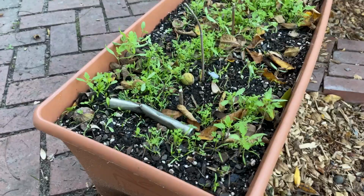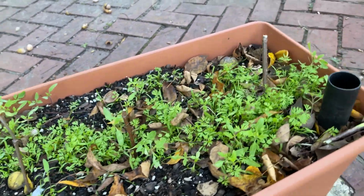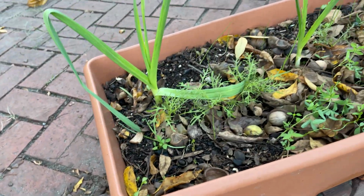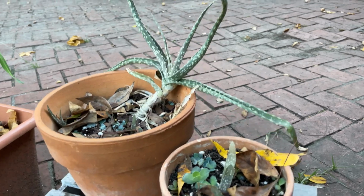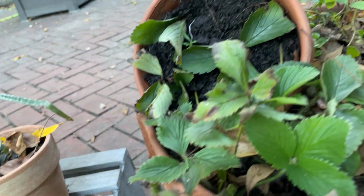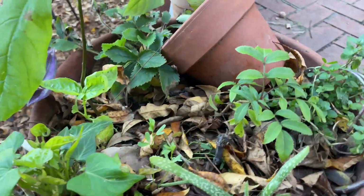Alright, so starting off right here at the patio, we did get some new earth boxes this year and some terracotta pots that we found on the side of the road. And this year, the theme you're going to be seeing around the garden is we focus less on actually growing food and more on getting all of the gardens and the structure prepped for long-term success. So right here we've got some garlic and herbs that I put in for the winter,